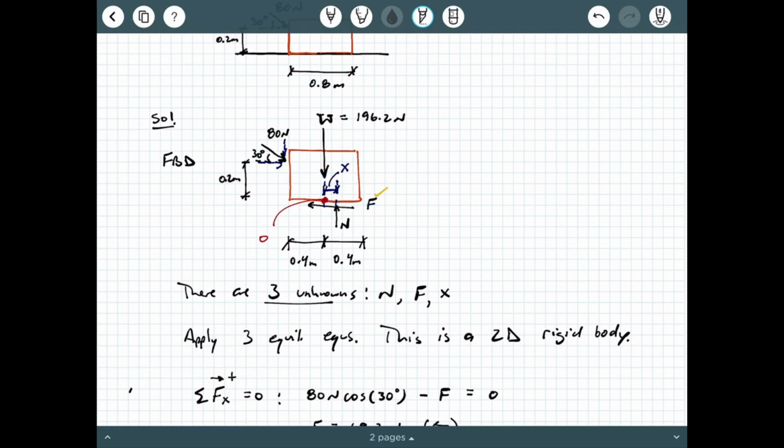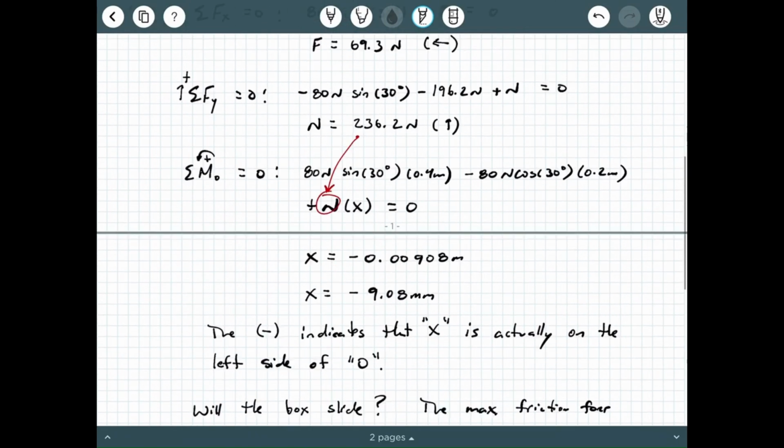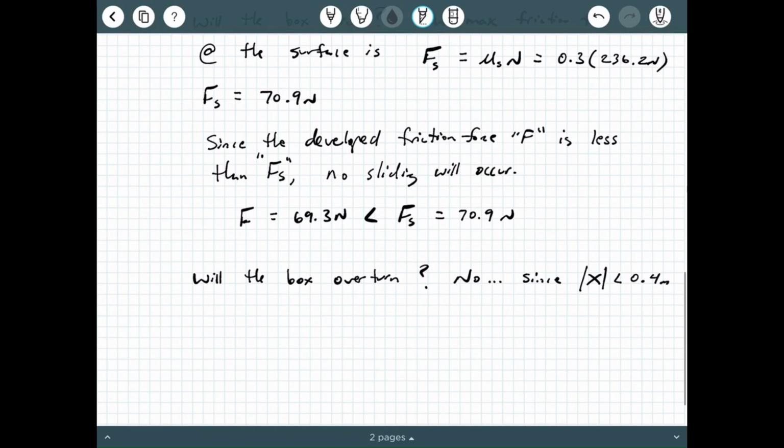Measured from the origin. Now, if X was calculated and it was larger than 0.4 meters, then the box would end up tipping over or overturning. But since it is not, it is within the half width of the box, it is not going to tip over, okay? You can read more about the potential of overturning again in sections 8.1 and 8.2 in the text. But that's it. That's the final conclusion. So finally, we're going to say, therefore, the box remains in